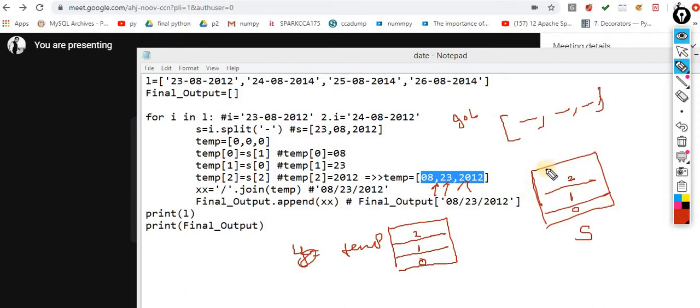You want to add this content into this Almira, but what exactly do you want? Whatever is on the 0th index should come over here, and whatever is on the first index should come over here. Imagine it: on the first shelf you have books, and on the second shelf you have gadgets. When you shift the data into the other Almira, this time the books should be on shelf number 1 and the gadgets should be on shelf number 0. So this is the concept of swapping the data.